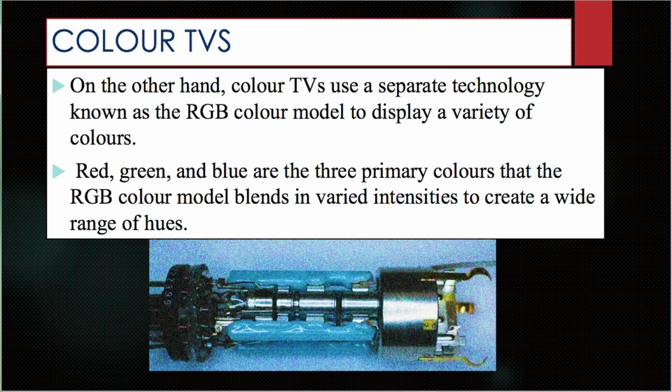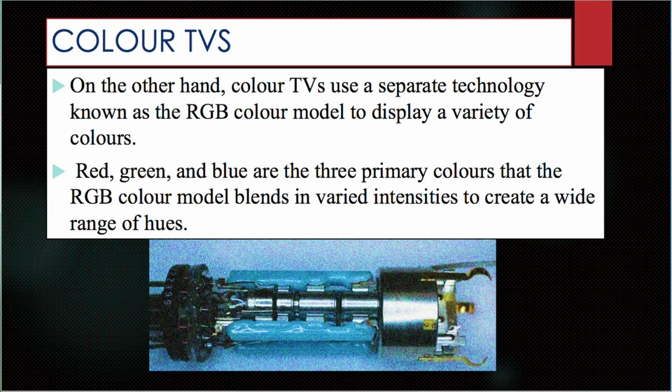A grayscale image was produced because the brightness of each pixel on the screen was dictated by the brightness of the accompanying electron gun. While on color TV, on the other hand, a separate technology known as the RGB color model